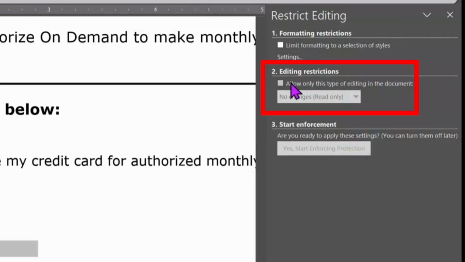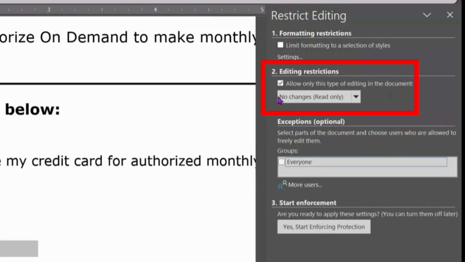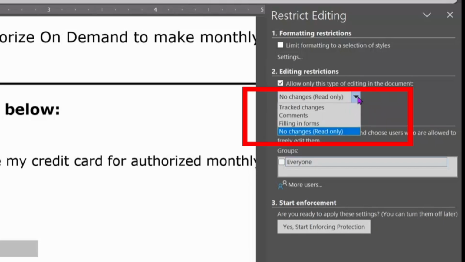So number two is the editing restrictions. So when you protect this document and you send it to somebody, what exactly are they able to do with it, right? So allow only this type of editing in the document. I'm going to check that box. And then underneath you have a drop down. That drop down list is giving you 4